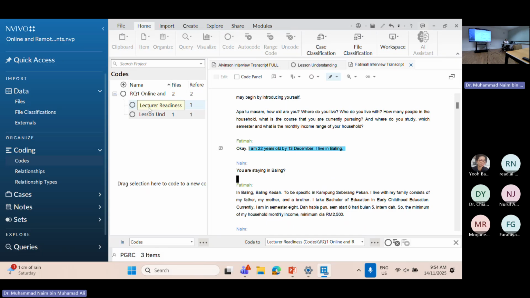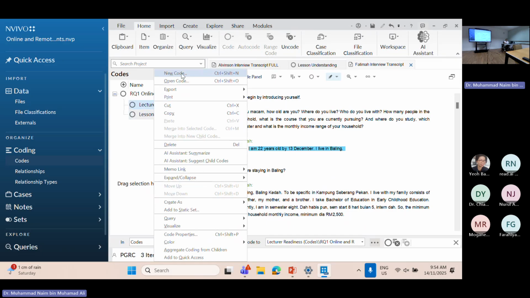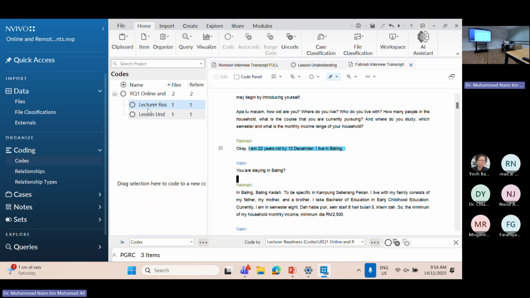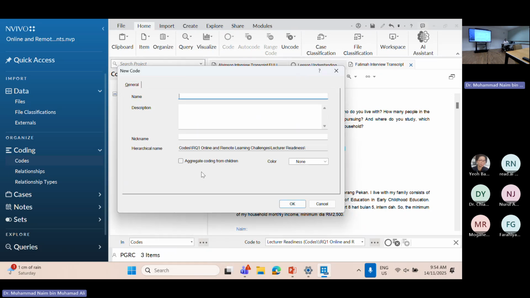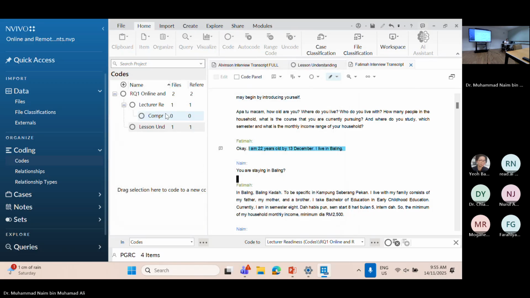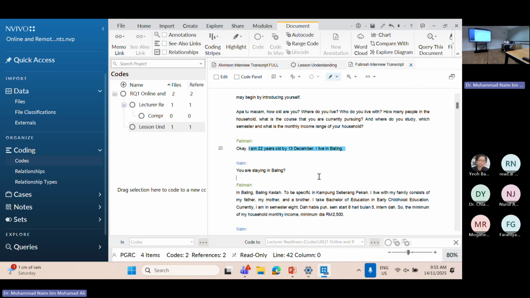You can also put a child under it, for example the sound as an understanding, comprehension, a sense that the children understand the lecture.